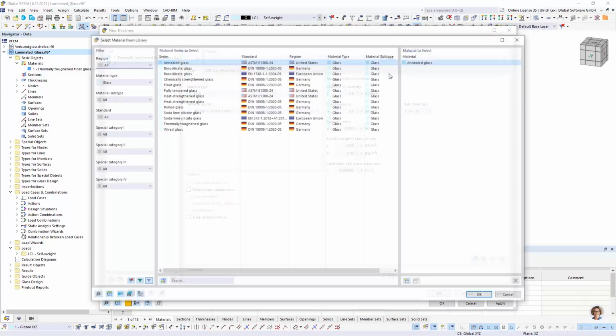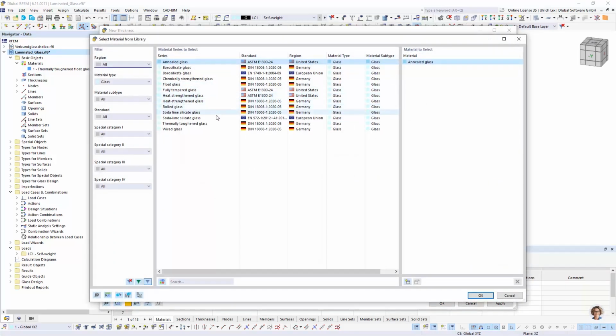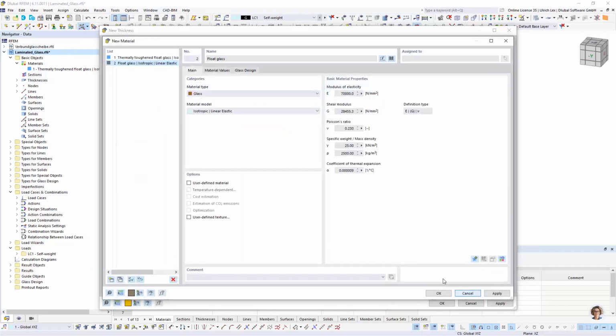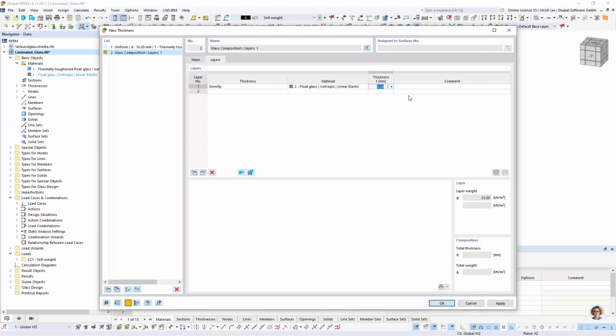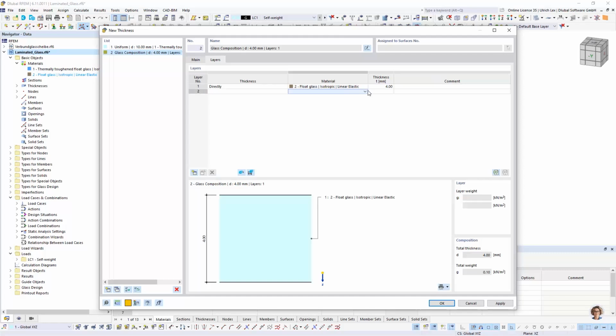Go to the material database, choose maybe only float glass, and you have created a new material. Here you have to insert the thickness of your glass composition, and you can continue with the next